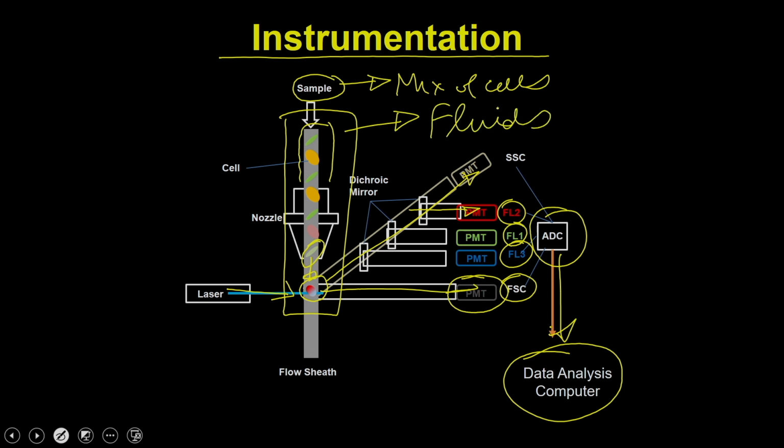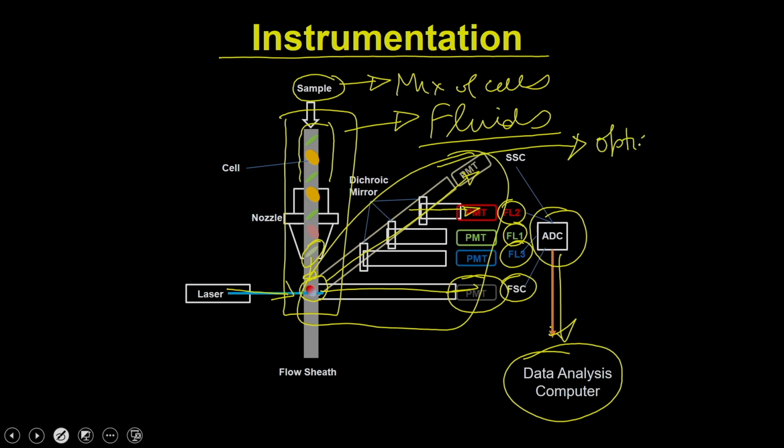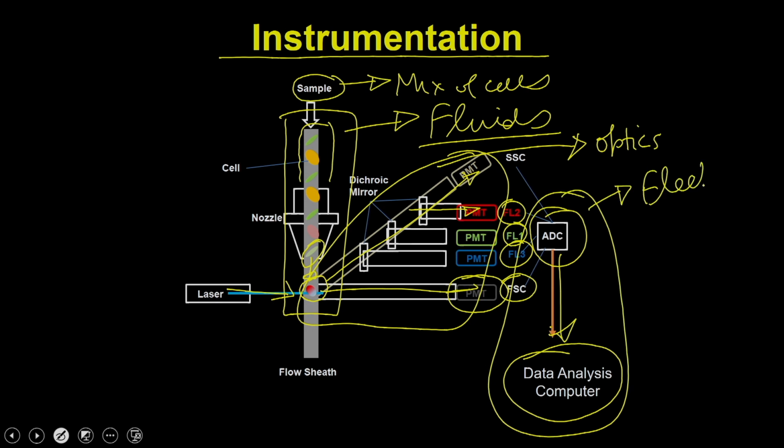So, that is the fluidics component where you have the fluids, where you have the water, and then this is the component which is a part of the optic system. This is a system which is analyzing your sample, or the signal coming out from your sample. And then this is the signal system you require, called the electronic system. That electronic system is going to convert this optical signal into a readout signal.